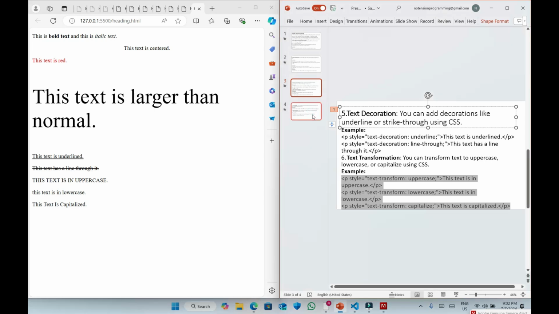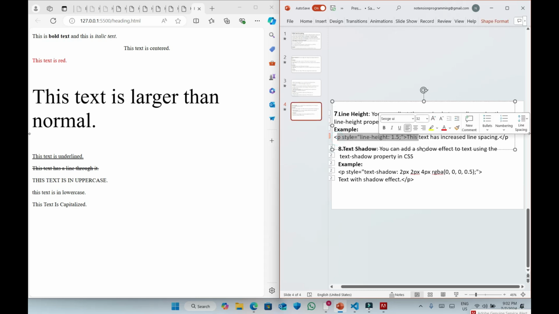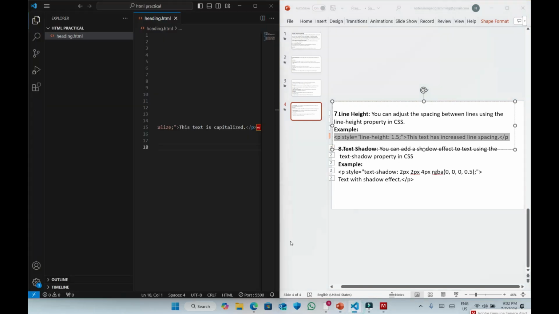Moving towards the seventh example. Increase the line height. Copy this property. Paste in Visual Studio Code.